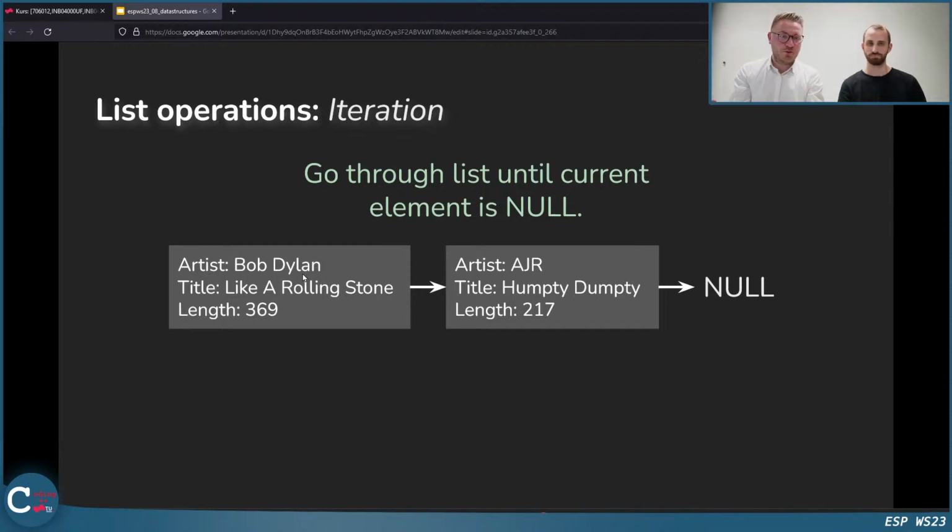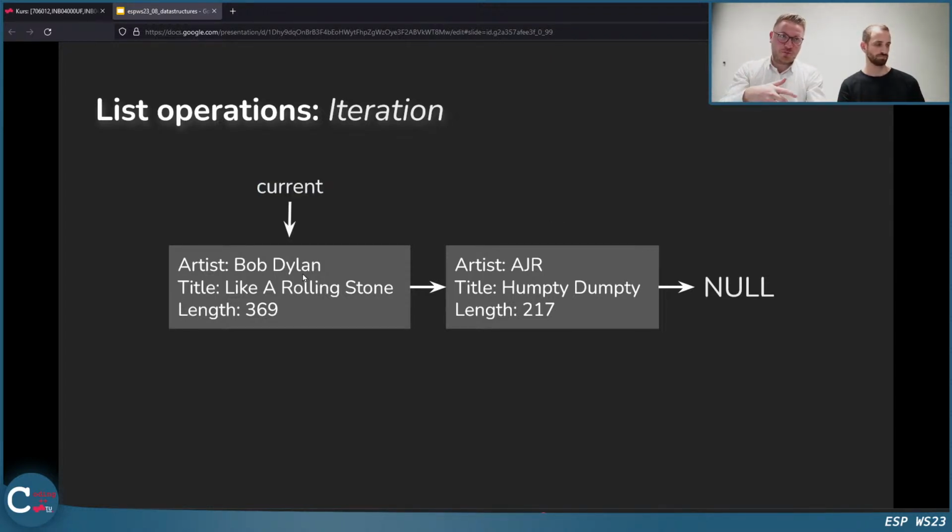So what can we do? We can start at the first element, which we call current, and then we say our current element is current next. So we move actually from this element to this element, and this is now our current element. And again, since the condition is not reached, because our condition could be as soon as current is null with the very last element, and then we stop our loop, for example. And so we do again, current is current next, and then we're here, and then our condition breaks because this is the very last element.